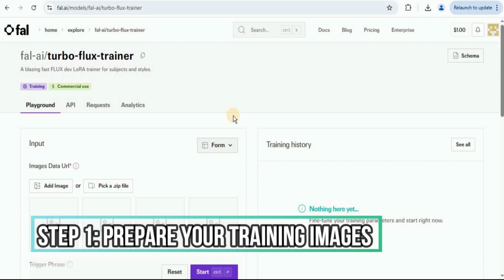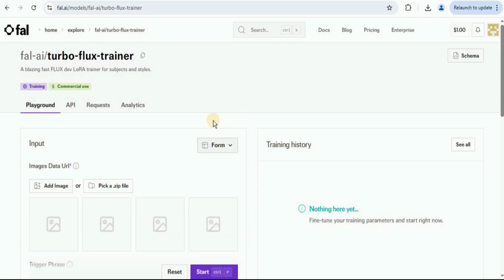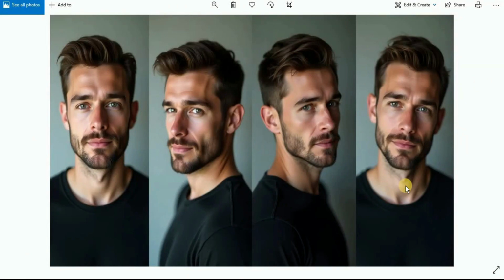One of the key factors in having a high quality LoRA model is training it with a good and clean dataset. This means that the images you choose matter a lot. These images can be anything: your own face, your pet, your favorite object, or even a branded product. The point is you are teaching the model to understand the specific object. In this example, I am going to use some example portraits to train the Flux model. These are the example portraits that I'm going to be passing to the model as the dataset.